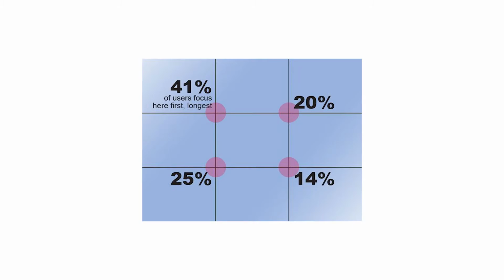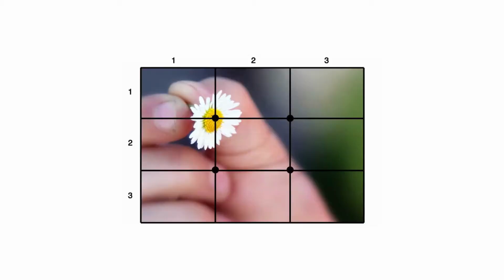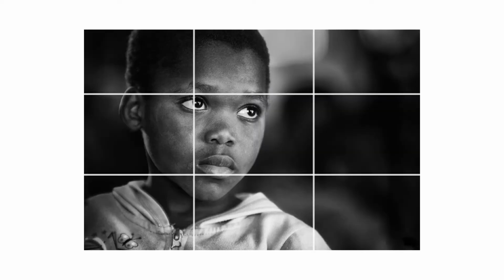The second one is the rule of thirds. It is a pretty well-known rule. It proposes that if an image is divided into 9 equal parts by equally spaced horizontal and vertical lines, then positioning your subjects on these lines or their intersection points make the image more interesting. In portraits, you can apply this rule by placing your subject's eyes on the intersection points.